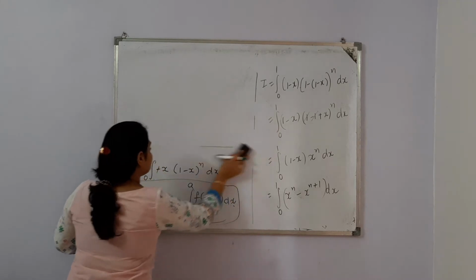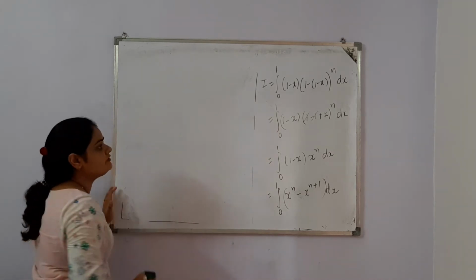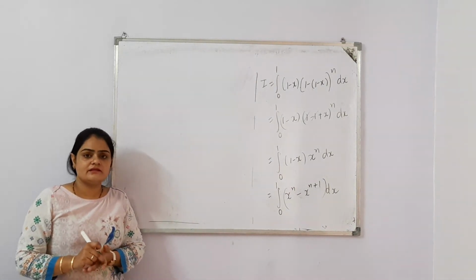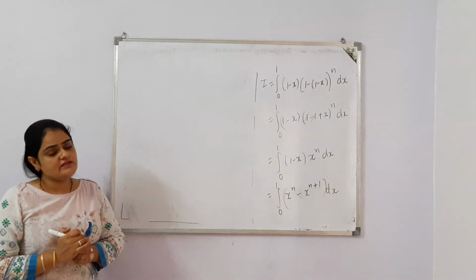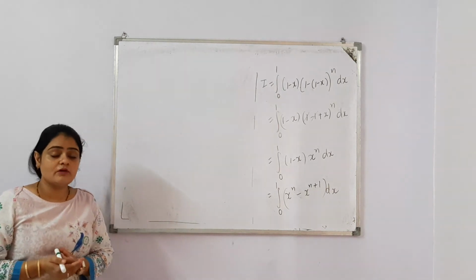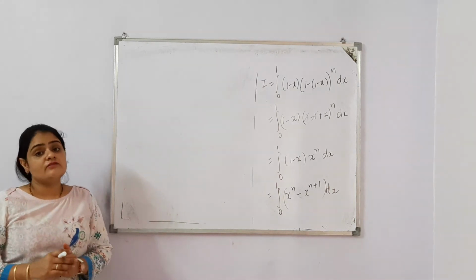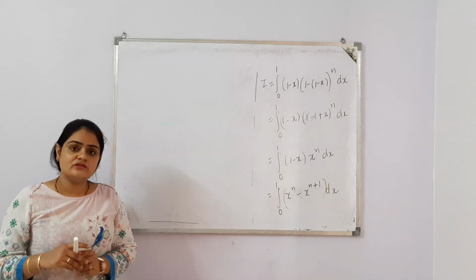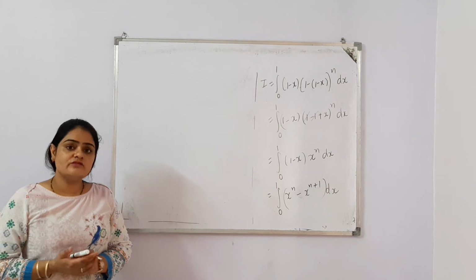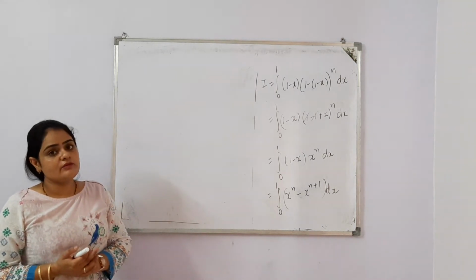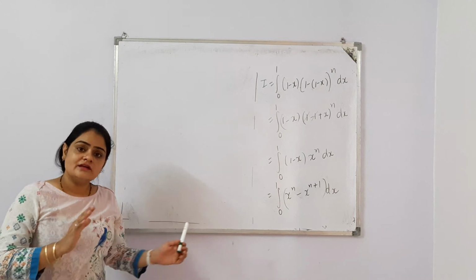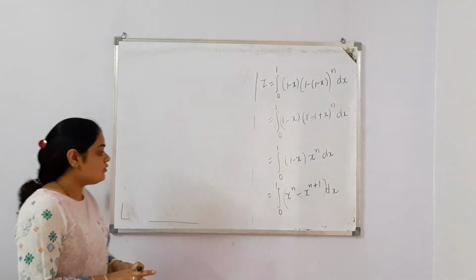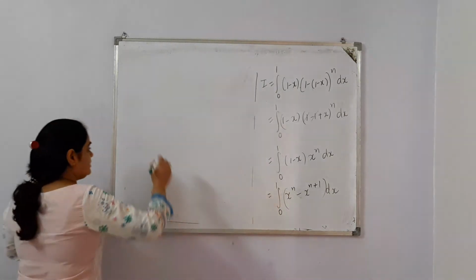Now when you are watching it, in this question I applied two properties of definite integration. So it is not necessary that in one question only one property will be applicable. It depends upon question to question. It can be possible that two or more than two properties will be applicable in one question. It's your practice. You need more practice for these types of questions. Once practice is done, then you can easily judge in which type of question how many properties and which property we can use. So now let's proceed with this question.